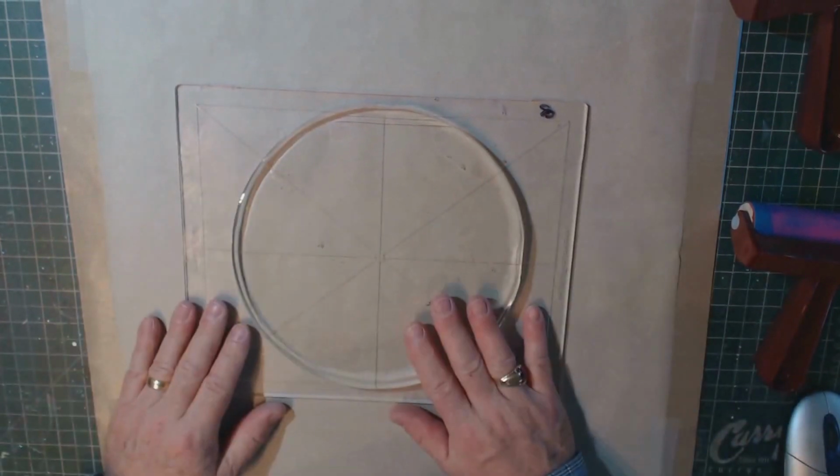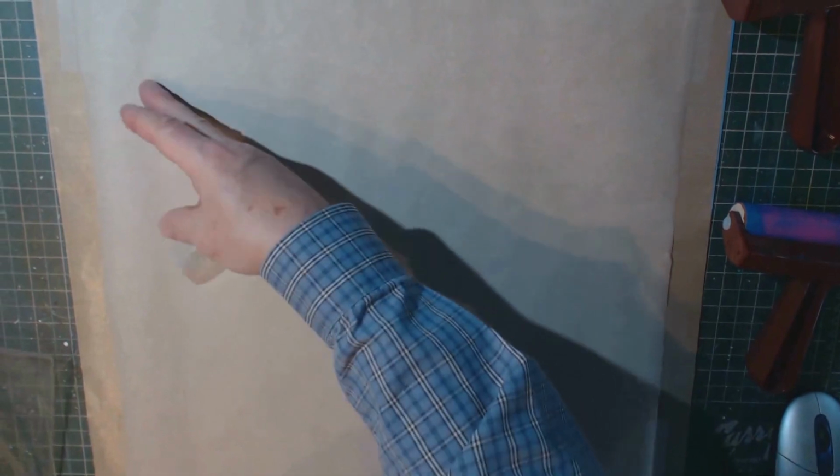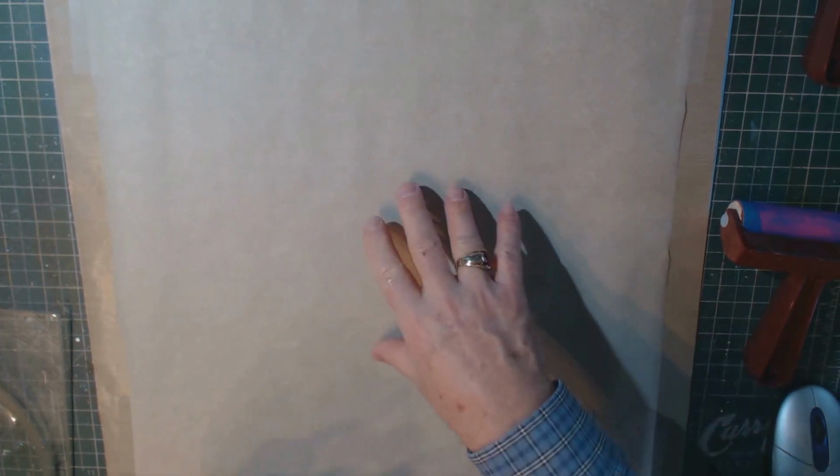Okay? So this is my deli paper right down here. Oops, came loose. Told you, you'll see the mistakes that I make. I've put it down to my non-stick craft sheet, and I'm putting it down with repositionable tape. Now I'm just wondering if I need a little bit more tape, and I'm going to get a little bit more. Because I have a feeling when I put this down, this is going to pull up. So I'm just going to